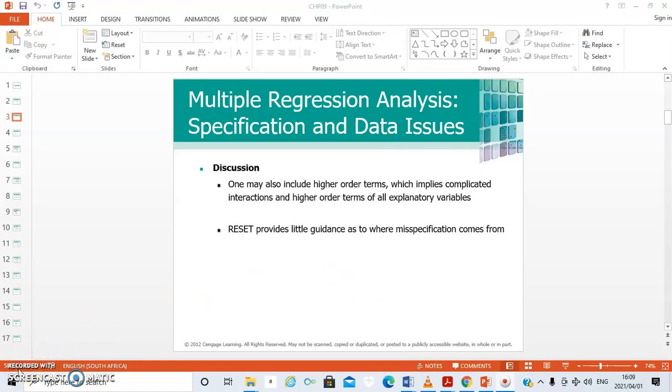One of the shortcomings of this RESET test is that it can tell you whether or not there is a presence of misspecification, but it can't really tell you what the source is. And so that is one of the shortfalls of this type of test. All right, now